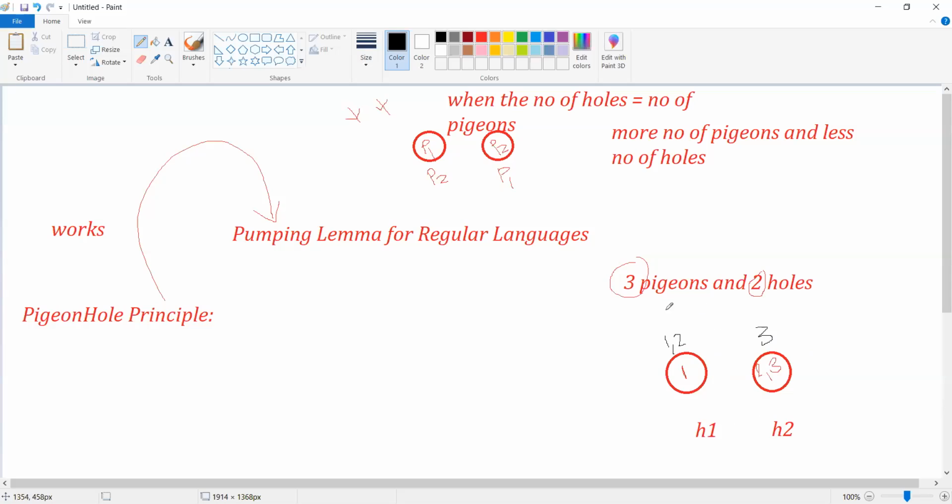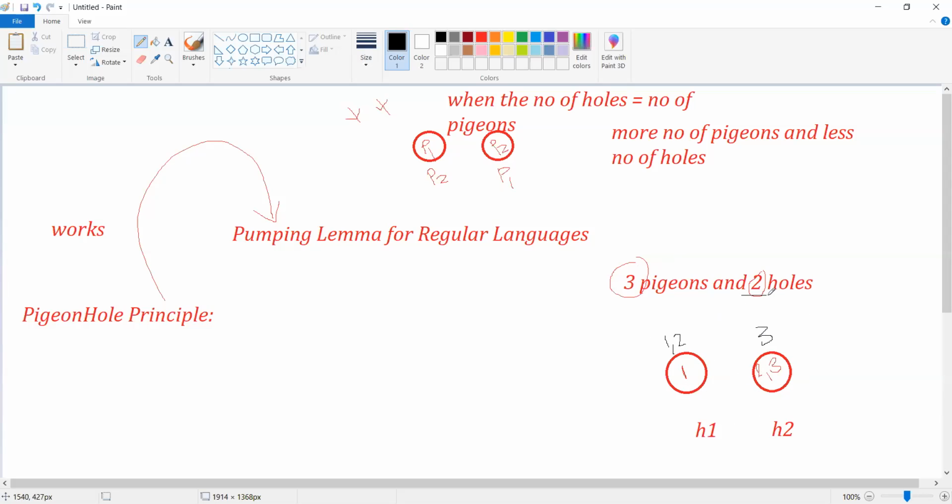The reason this problem has arisen is that we don't have enough holes capable of accommodating the required number of pigeons. So we need to select some holes where we can accommodate more.